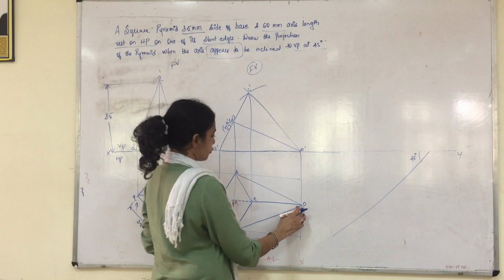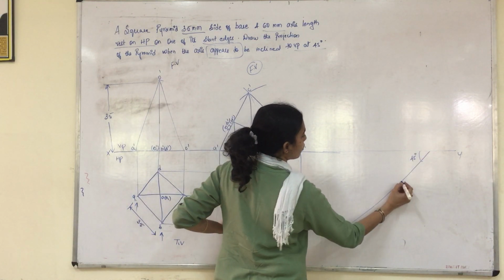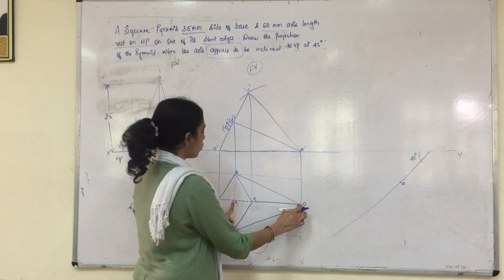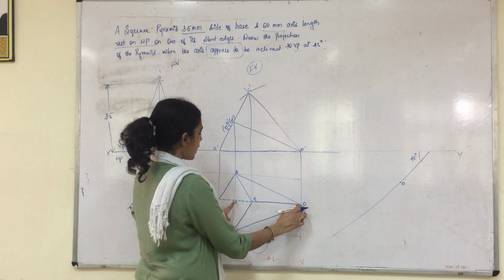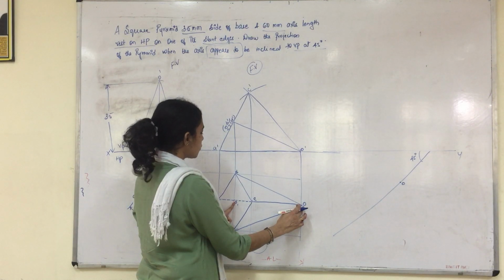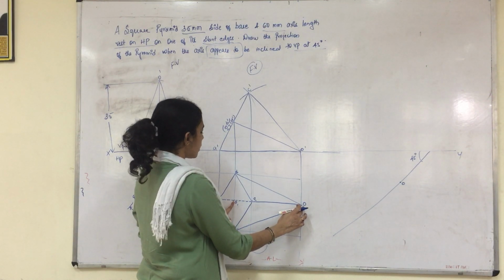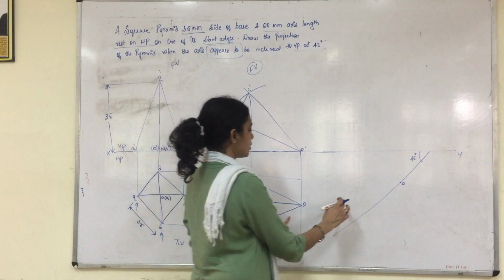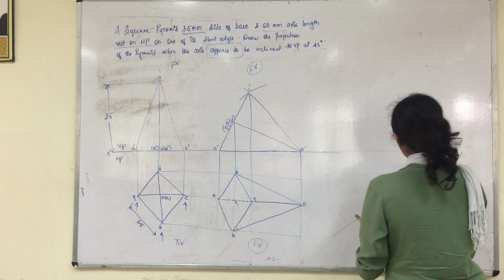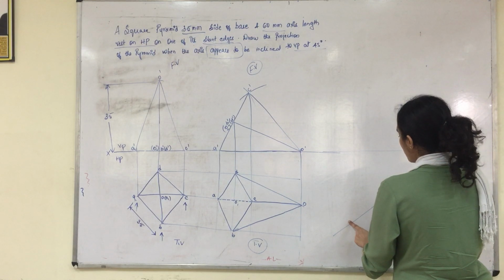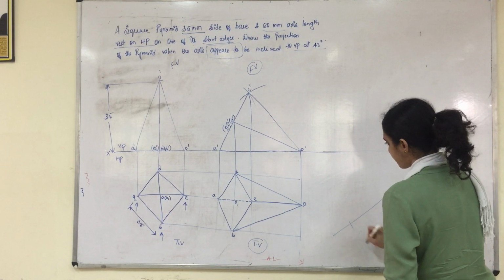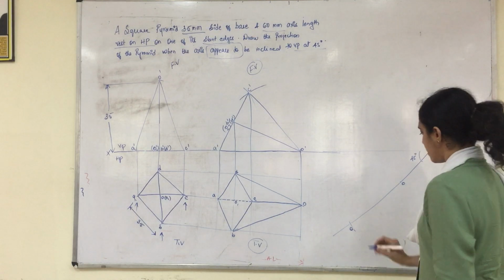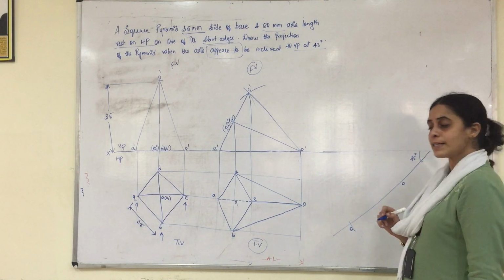So before shifting this, just fix the point O first. After fixing the point O, you measure the distance of the axis from the second stage, which is our apparent length, from O1 to O. Okay, so after measuring this, come back to the third stage, keep one end of the compass on the fixed point O, and you just cut an arc. So this will be our O1. So this is our apparent length.